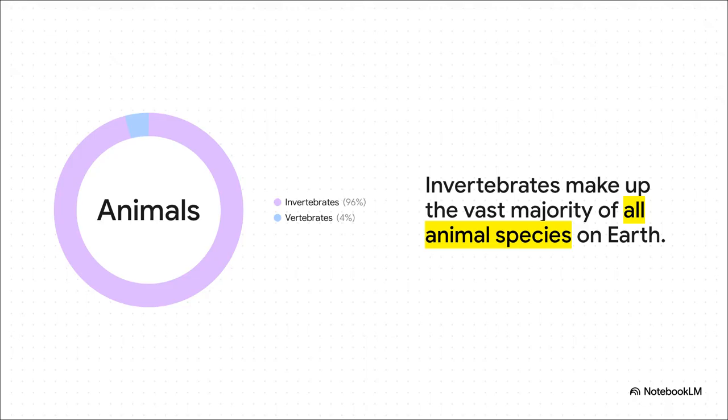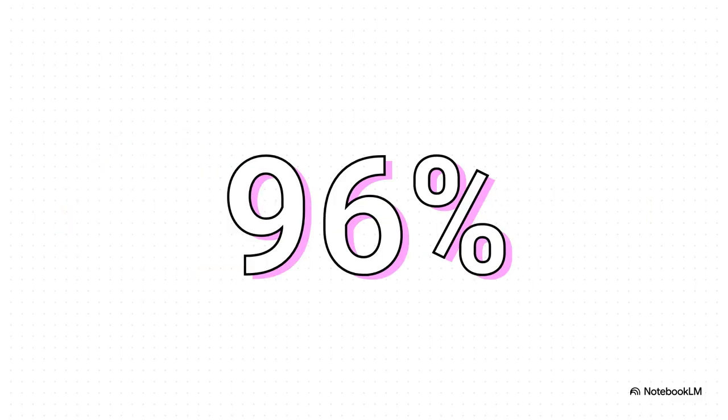You can see right here, invertebrates make up almost the entire animal kingdom. The group with backbones, which includes us, is just this tiny little sliver. Let that number sink in for a second. 96%. To put that in perspective, for every one animal with a backbone you can think of, like a cat or a lizard, there are about 24 animals without one. They are the true hidden rulers of the animal world.